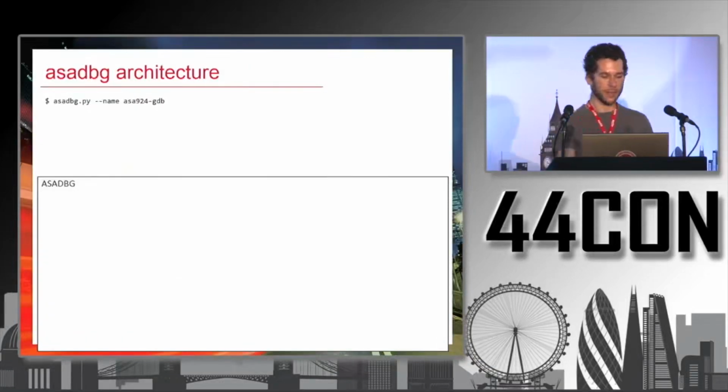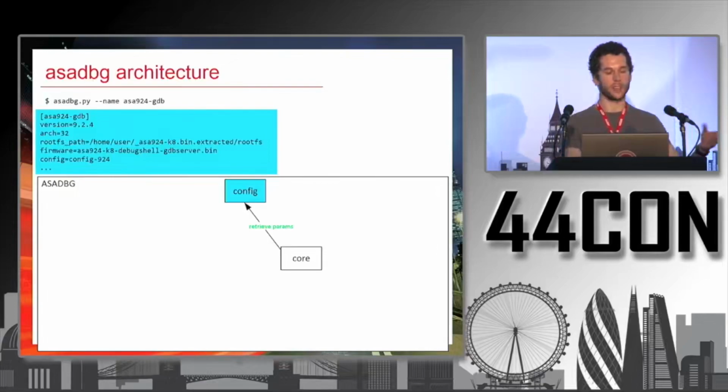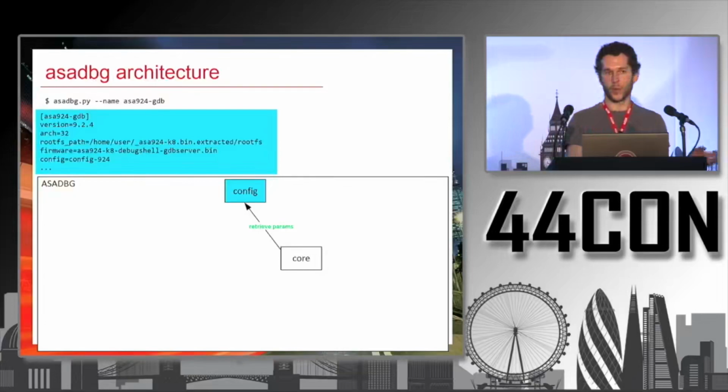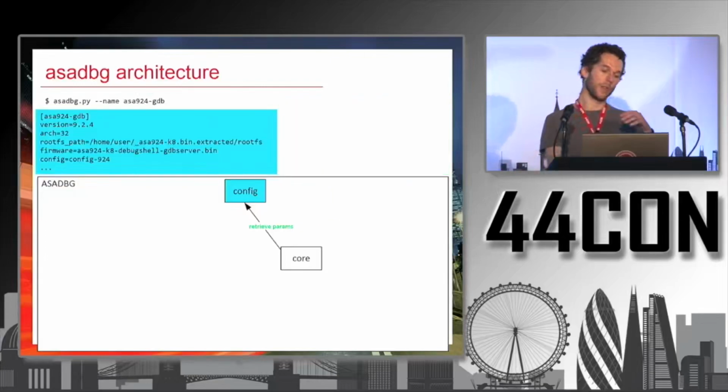So to summarize the ASA-DBG architecture, we use ASA-DBG specifying the name of the target we want to debug. And we have a config file which, for this specific target, is going to list the version, the architecture, where we extracted the root file system, and the firmware and config file that we want to use. This config and firmware need to be on the ASA itself, but using ASA firmware, we can build all the firmware and just drop them on the CF card, and then choose which one we want to debug. So the way it works is ASA-DBG will look at the config file, retrieve all the arguments,